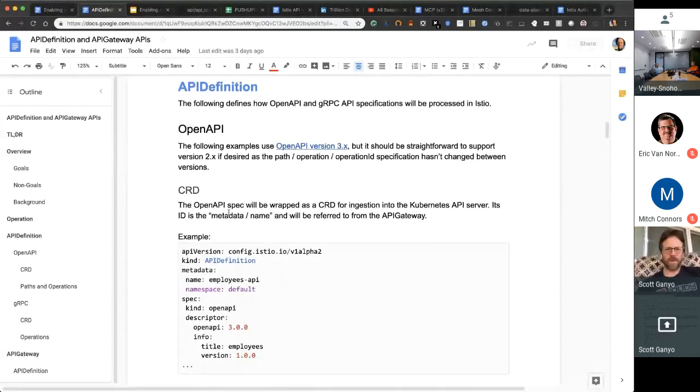Okay, did I share the right window? Is this the API definition? Yes. Oh, okay, good. Just curious, I can't see it. All right, so